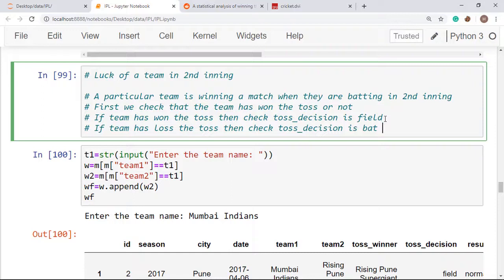Otherwise, if the other team chooses field as their toss decision, then the team chosen by you for consideration will be batting in the first inning. So we have to collect all these rows in the final, and we will be merging these two results